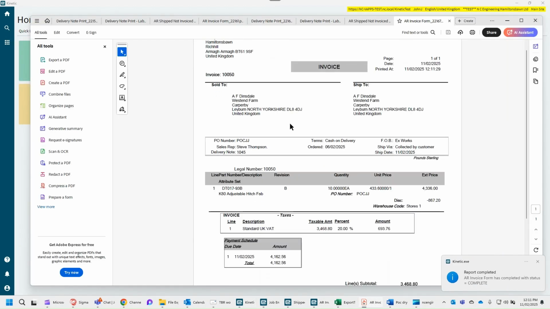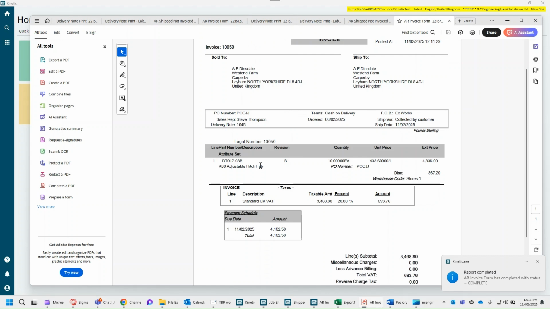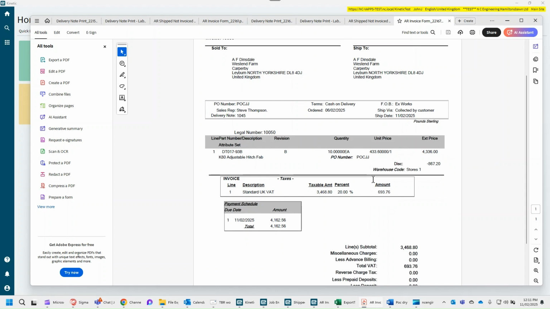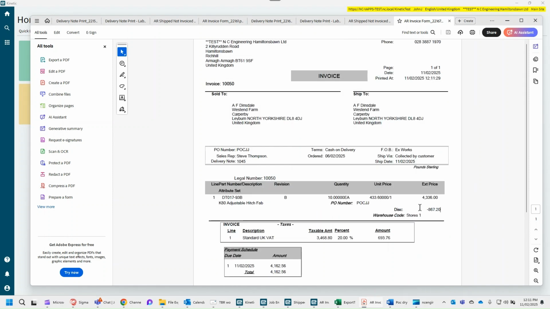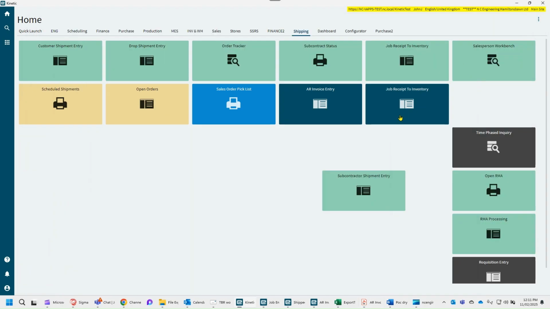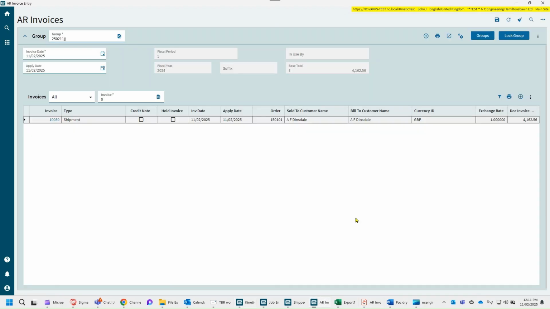So this has now printed me an invoice for this assembly, quantity 10, because that's all that was on there. Even though you probably noticed we had 80 in stock, this was only for 10 off. At that price, we had given them a percentage discount, and that's the invoice ready to go to that particular customer. So that needs obviously communicated to that customer,